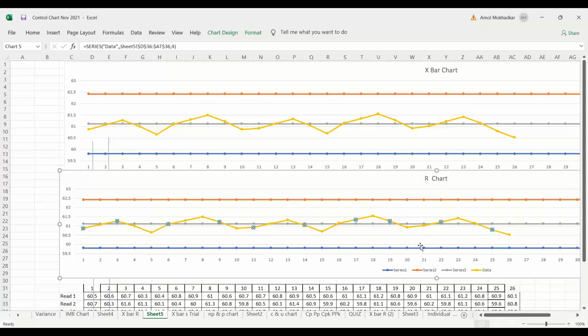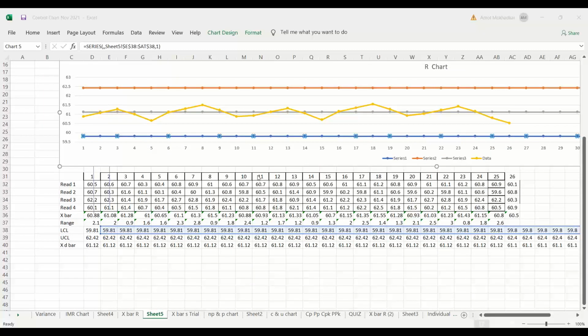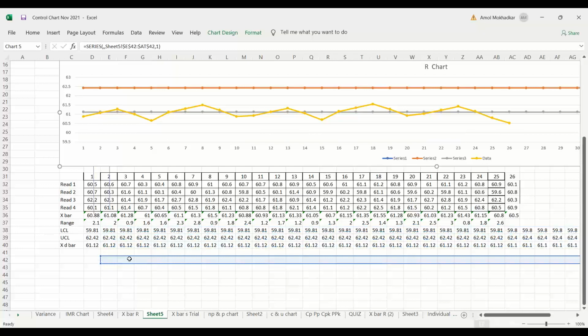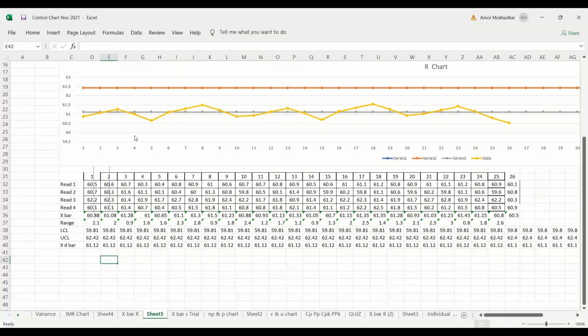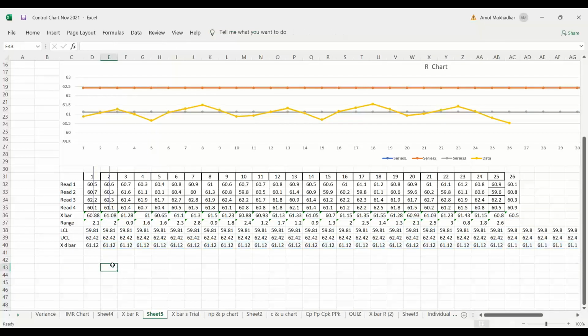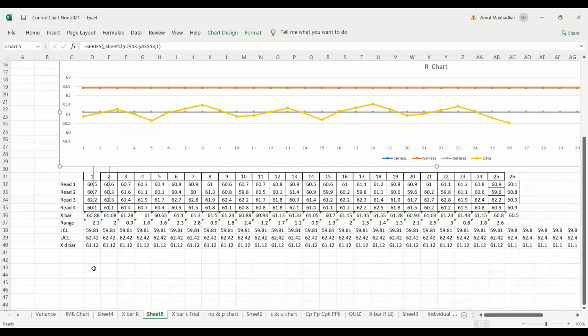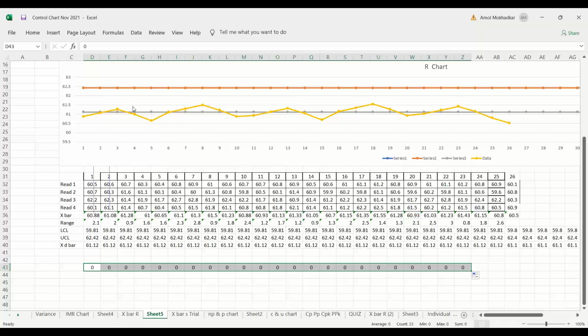Now here you first select the LCL. LCL is 0, right? For this one the LCL is 0. So I will just drag it here. I think we missed one point, so LCL I will put 0, okay? So this I am going to drag, so you will get the LCL value here.